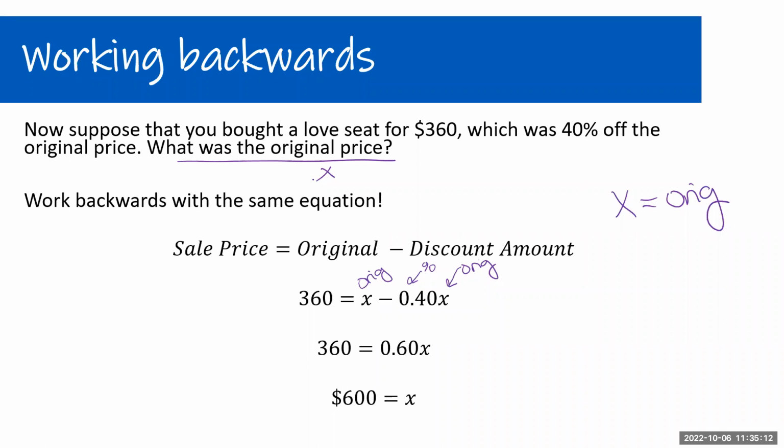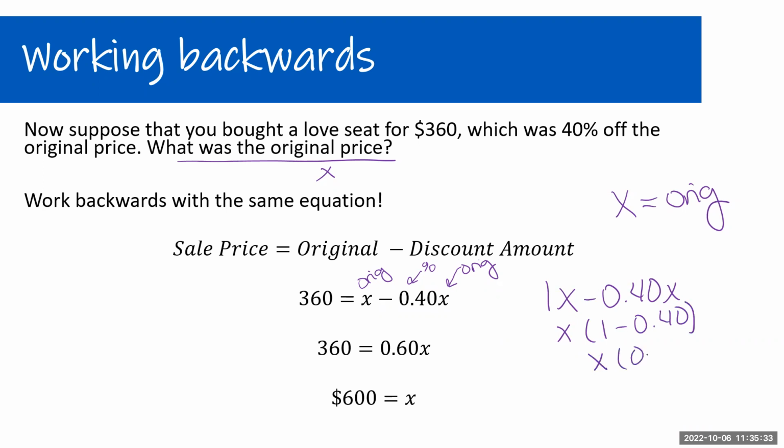In words, that's 360 equals whatever the original price is minus 40% of the original. Remember the X minus 0.4X is going to give us 0.6X. That's the same as saying 1X minus 0.4X, which if we factor out the X, we get